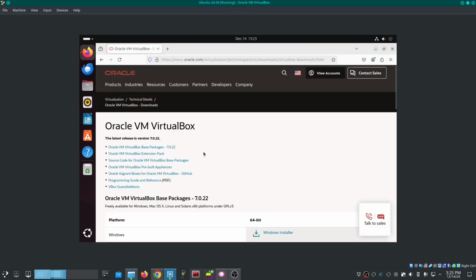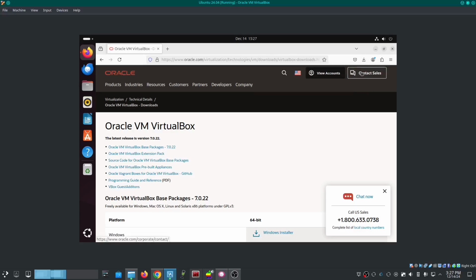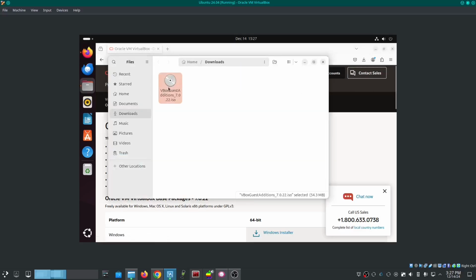go to the Oracle link, and I'll provide that in the description, and click on VBox Guest Editions. When it's done downloading, open the folder. Right-click the ISO, choose Open with Disk Image Mounter,